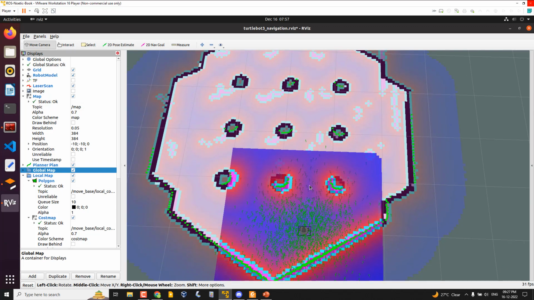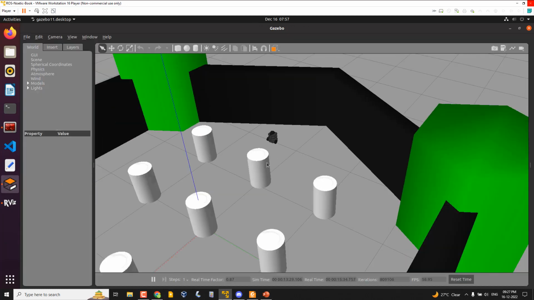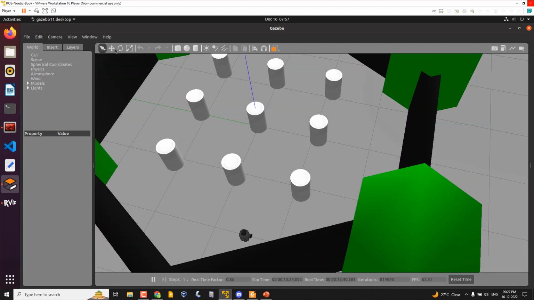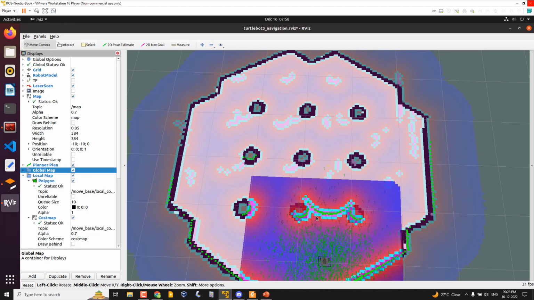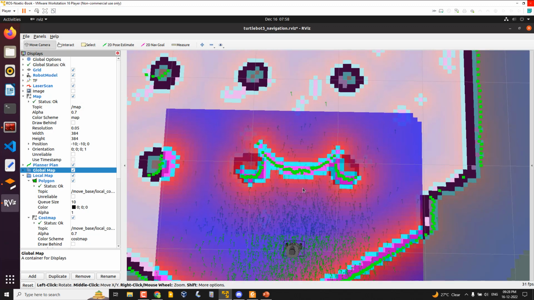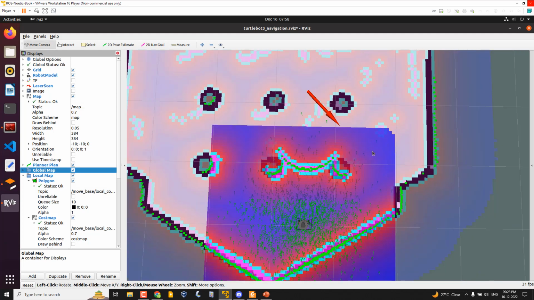Yes. So like the mapping, for example, if you put an object here, it will be immediately marked as an obstacle in the local costmap. Okay, and the local costmap and the local planner can immediately change its route. Like there is an obstacle, for example, if I'm giving a goal position here,